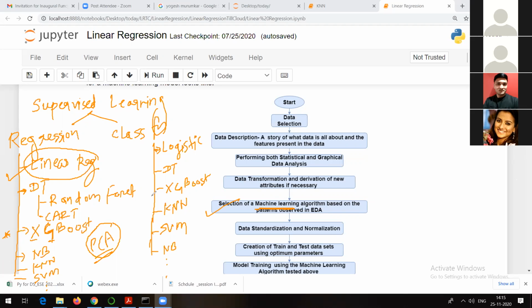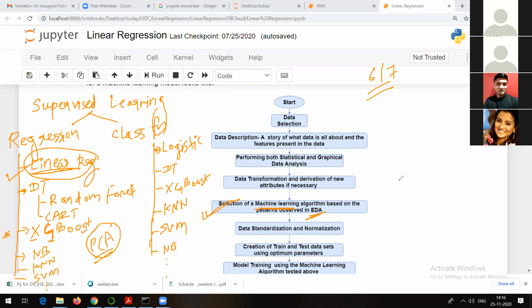But let me tell you here itself why there is a need to know about all the algorithms. Because in real time, we do not develop the model with only one algorithm. I told you we generally make use of 6 to 7 algorithms in only one module. Whenever we talk about solving the problem statement, we make use of 6 to 7 algorithms instead of one, and whatever is the best out of that, we choose. That's what happens in real time. So in the end-to-end project, I will show you that.